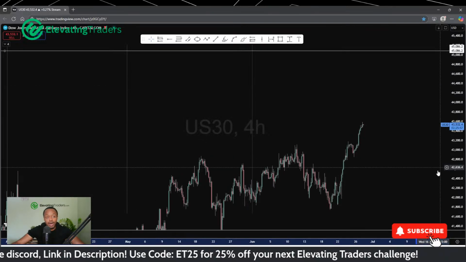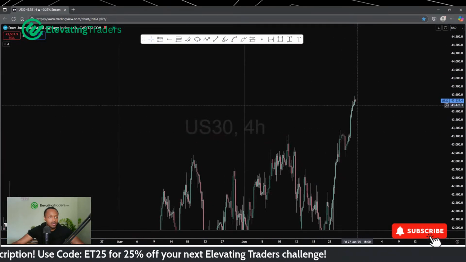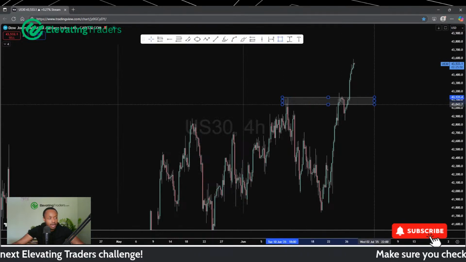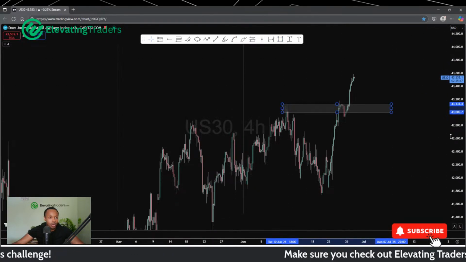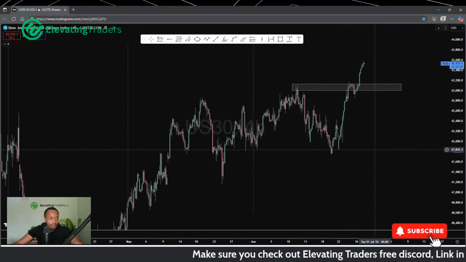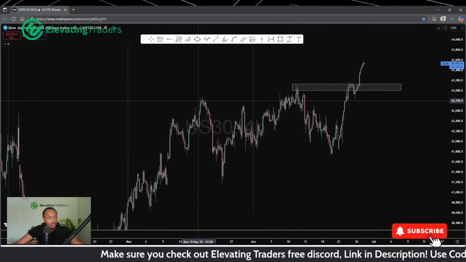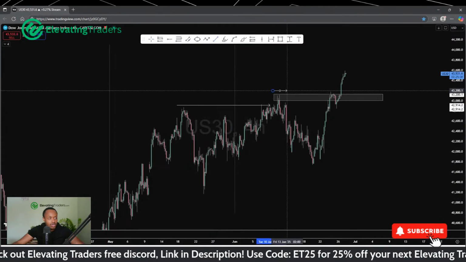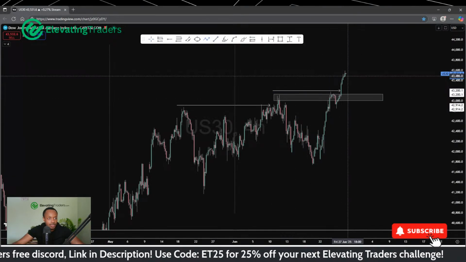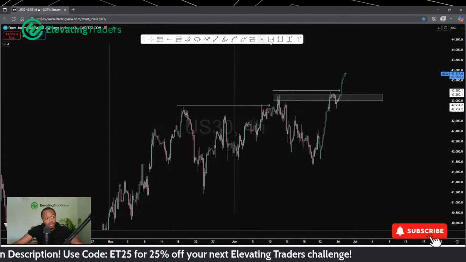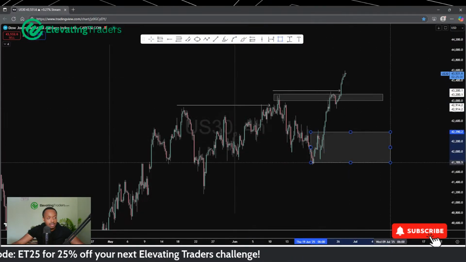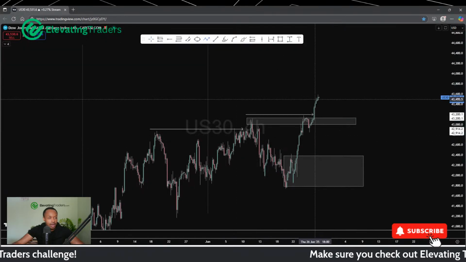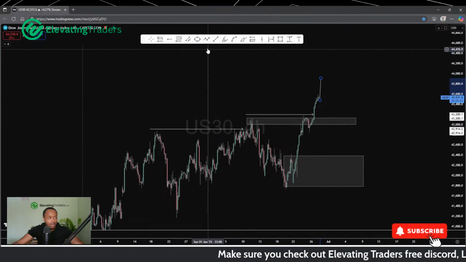Of course, I wouldn't look to buy it now. Market's already had a pretty big move, so I wouldn't be looking to buy it at those highs. Would I look to buy on the retest of this high? Probably not yet. I need a slightly bigger breakout because the way we're moving, we're just kind of clearing highs, then pulling back. I don't want to be in a situation where we've cleared highs again, and we do see that bigger pullback. I mean, if we do, that's fine as well. I would consider this as an area of interest. But to retest this level, I would need to see a bigger breakout just to really confirm that, okay, momentum has really picked up.